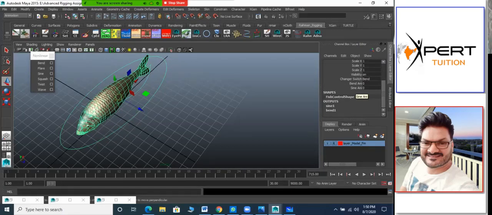If you want to create that, then you have to create a separate control for it. Bend, and then sine, you create two controls. One control you name bend, one control you name sine. But that will be too complex to use, right? You have to install every time. So it's not very practical.